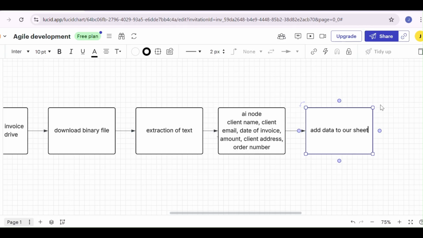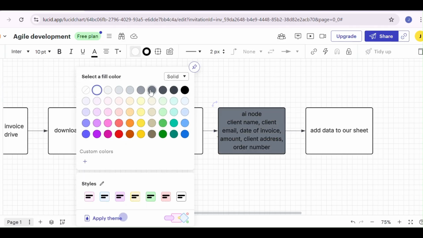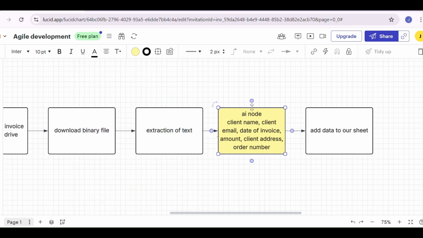Fine. Also, whichever nodes are AI nodes, we can keep their color different. So this yellowish, light yellow color would be our AI node. Add data to our sheet, right? Apart from this,